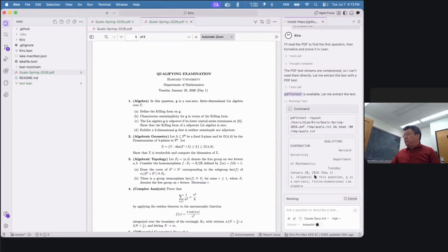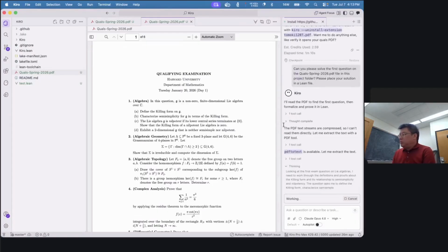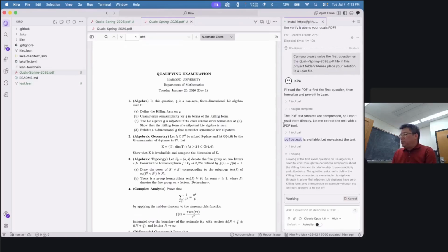And you can see its progress. You can see that it's starting to extract the contents of the file, and it's going to look at it. And this may take a while. This is a hard problem, right? It's like Harvard PhD level. So you may have to give it a little bit of time to digest the problem